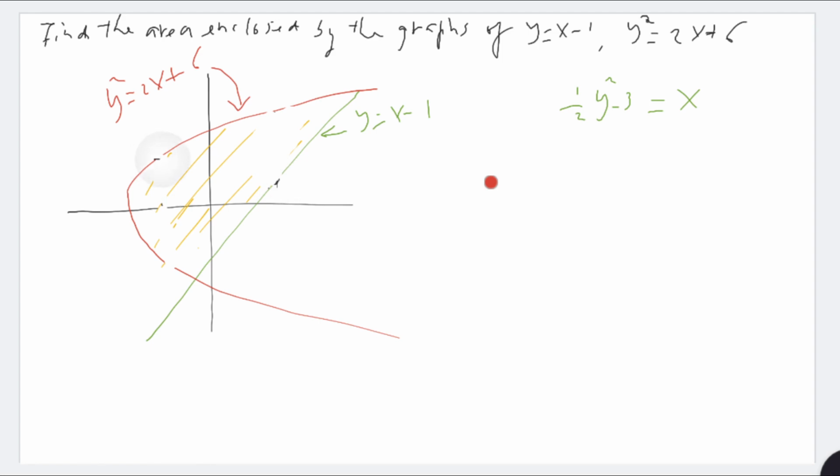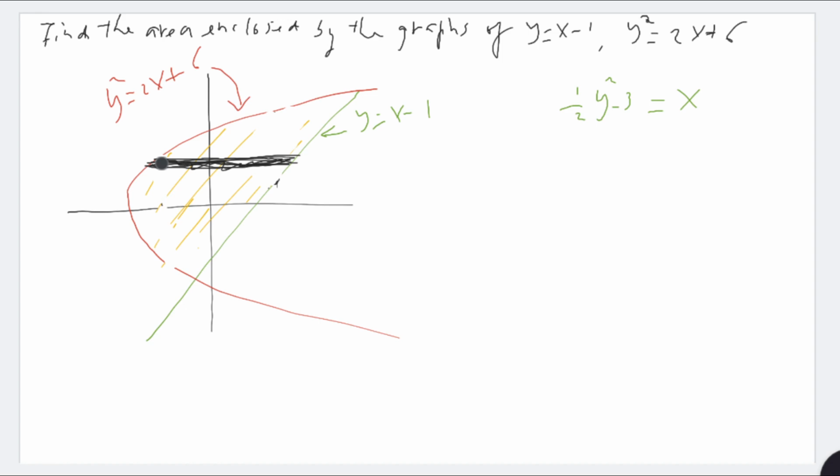Instead, we use a horizontal strip. Now, will this create any problem? Well, let's see. A vertical strip would go up and down to cover the whole region. So as we can imagine, no matter where we place a horizontal strip within the region, the